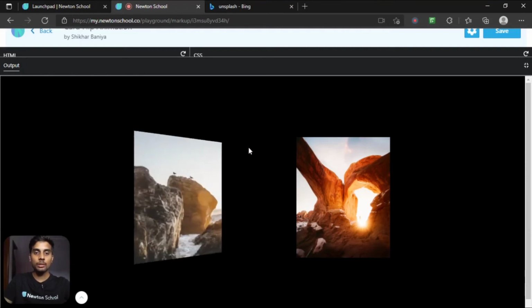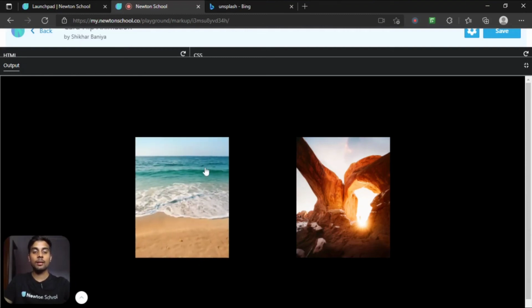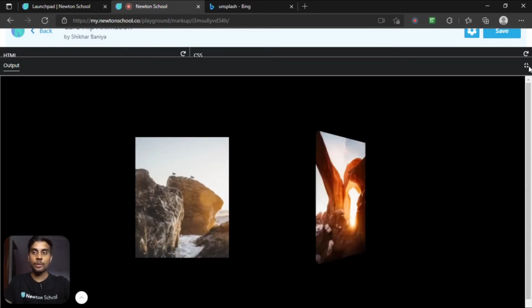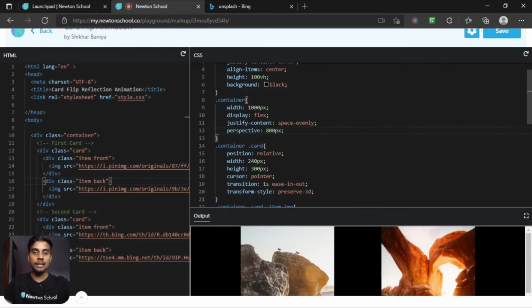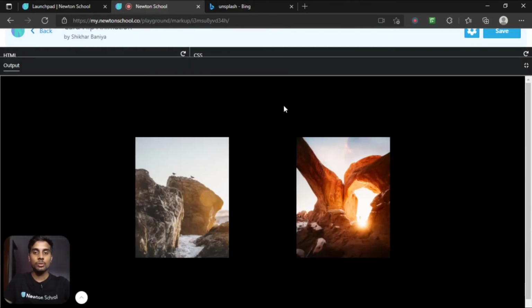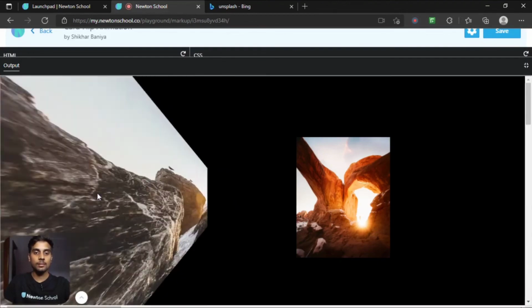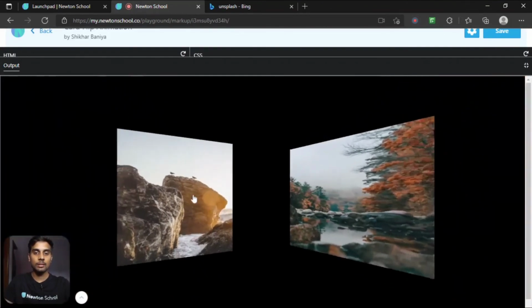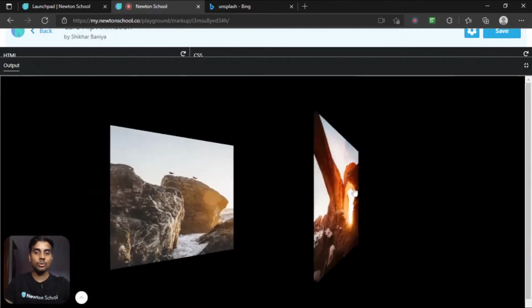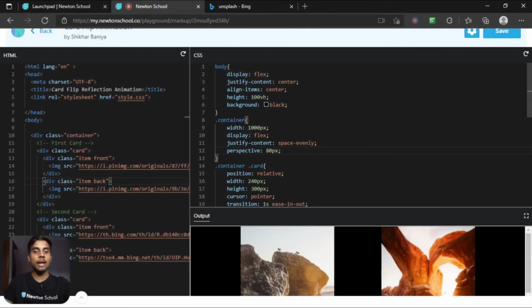So now when I'm hovering over it, you see the card is actually flipping. Okay, so that's because we have provided the transform styling as 3D, and we have provided the perspective. The greater the value of perspective, the better. If I suppose decrease the value, you see the animation like this. Okay, like this. So this is just the value of perspective. The higher the value, the better. Okay,